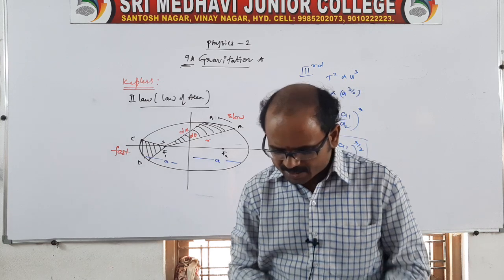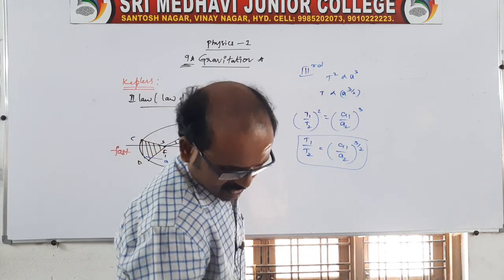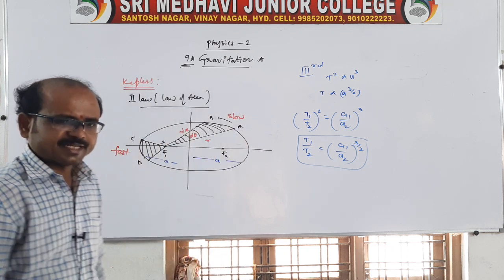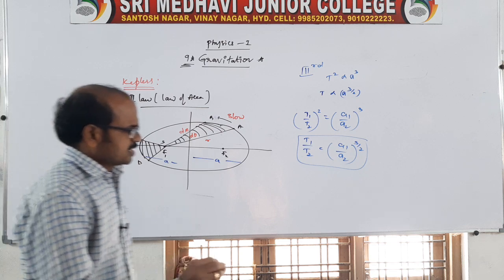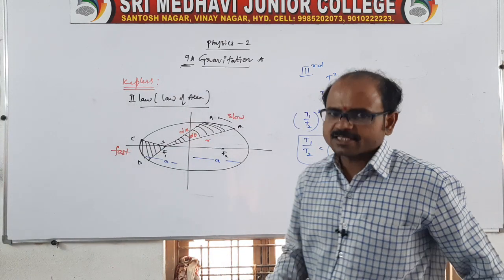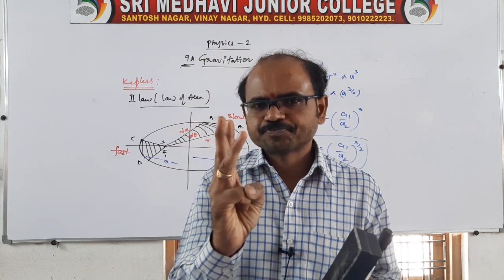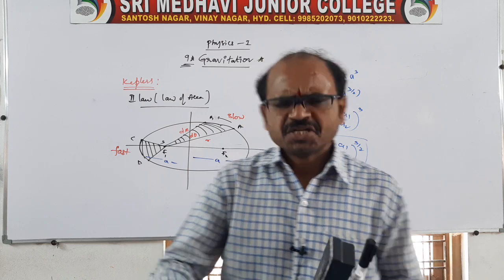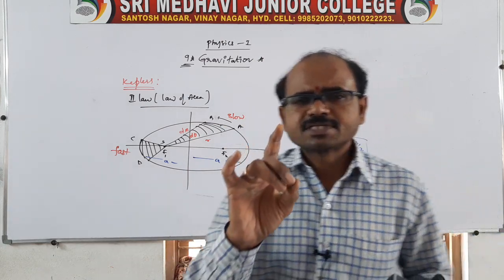So there are three laws: one we can say the law of orbit, the second the law of area, and the third the law of period. It is related to the 4 marks question, and you finish it as early as possible. You need to write only the 3 laws, just the statements, not all these derivations.